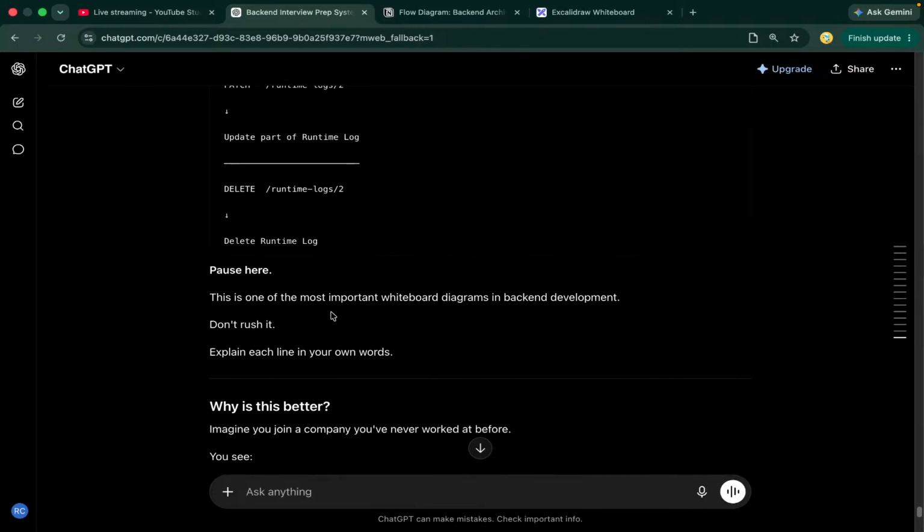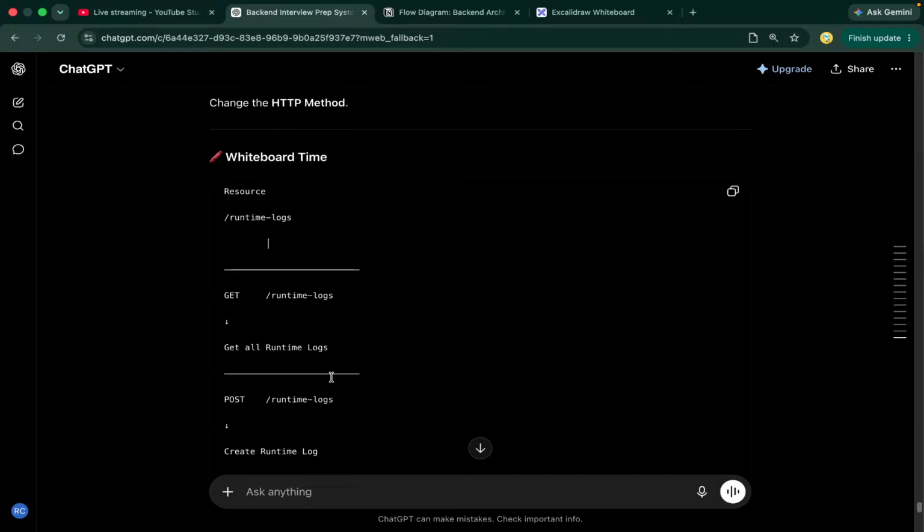This is one of the most important whiteboard diagrams. Backend development, don't rush it. I'll put it first and then